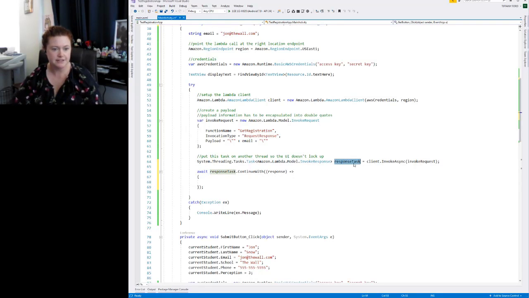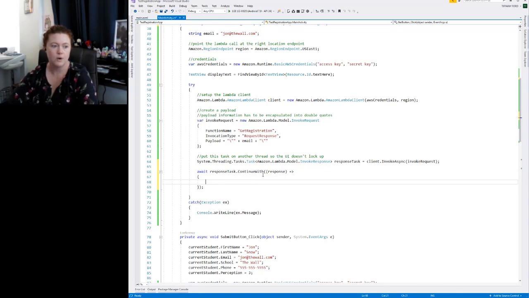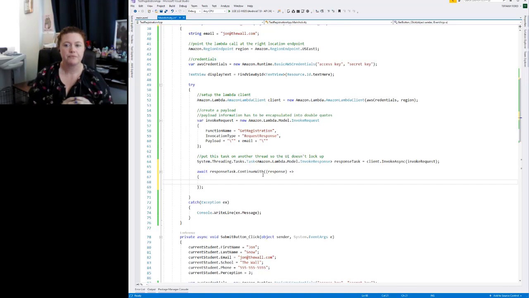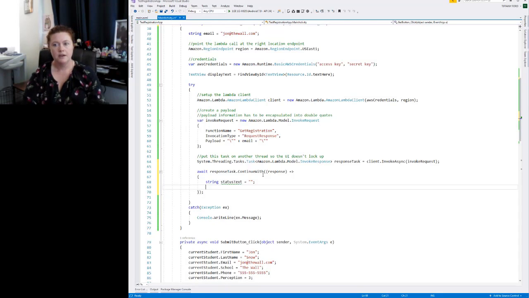So our response task, this is what the client is going to return. Continue with, you can go look up the documentation for ContinueWith, but basically it's just going to pull this over to another thread, and everything we want to do in here is where all of that magic happens. So I'm going to create a string so that we can see what's going on with our status text. And if you wanted to set up an informational text message kind of thing,